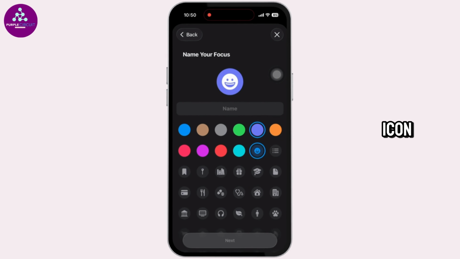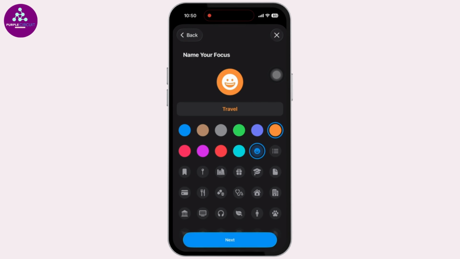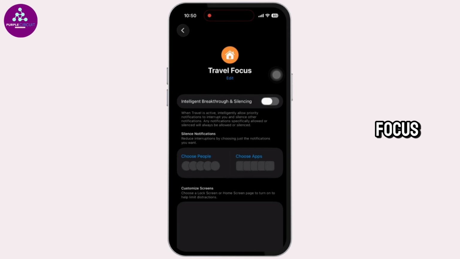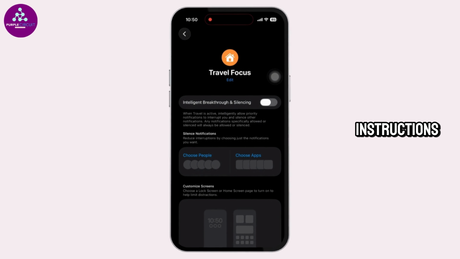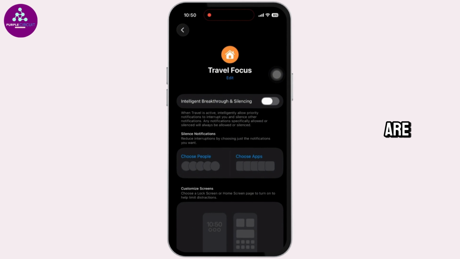From here, choose an icon and color for your focus mode. Give it a name. For instance, I'm gonna give it as Travel. Likewise, you can choose the icon, then click on Next. Now go ahead and click on the option Customize Focus. Now follow the on-screen instructions to customize it, such as choosing which notifications or contacts are allowed while the